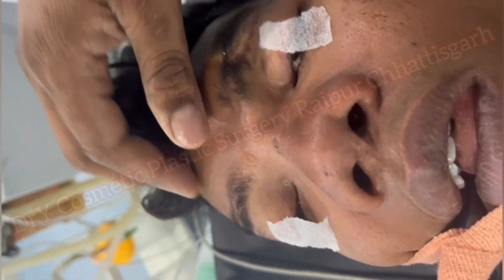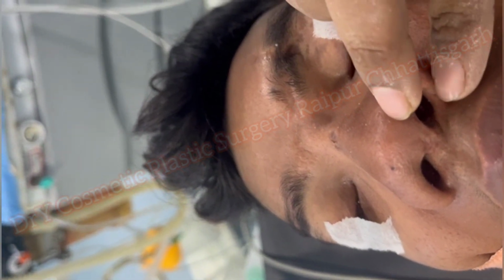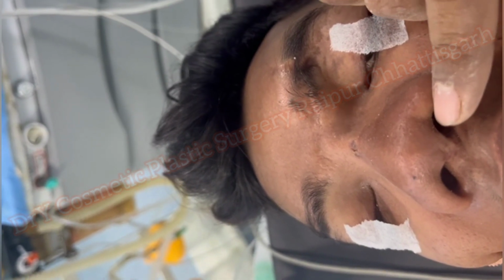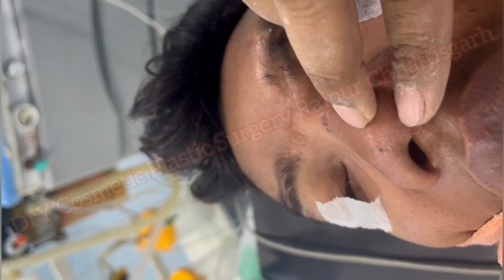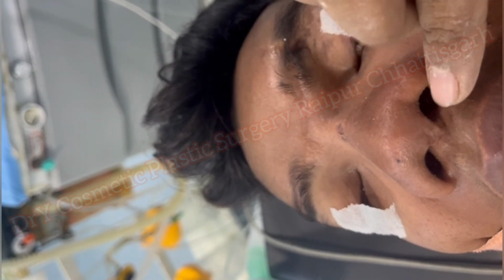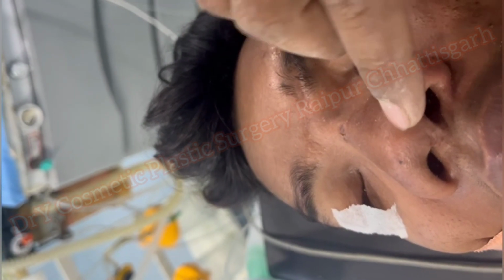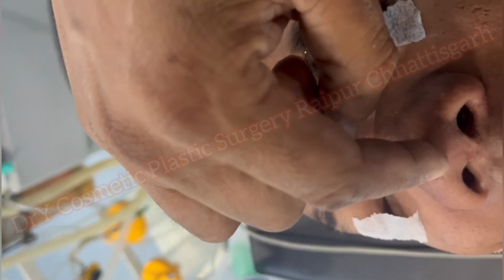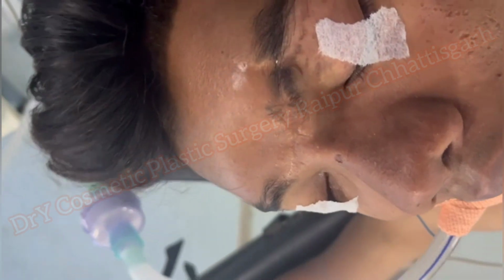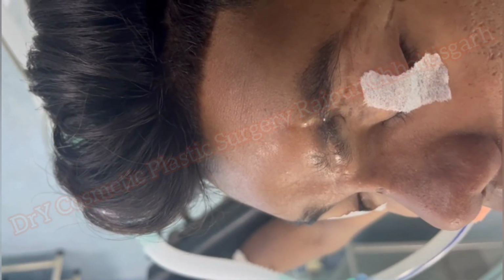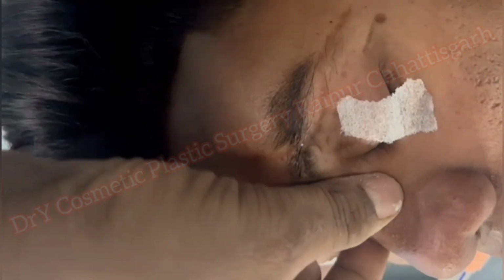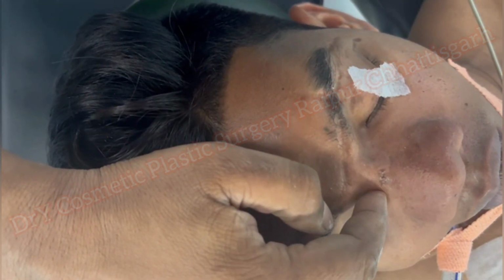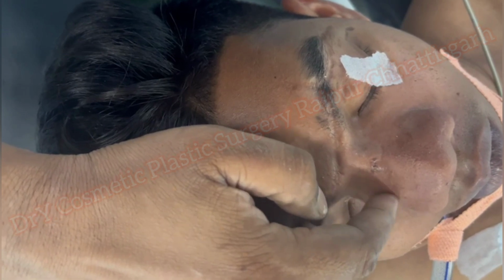For the tip projection, I will give a columellar graft. You can see the anterior-posterior dimension of the nasal ala and the tip should be one half and one half, but actually it is not projecting. So I will give a columellar graft over here for the tip projection, and I will give a smooth contour. This is the nasofrontal area where the patient was operated on for the nasofrontal fracture.